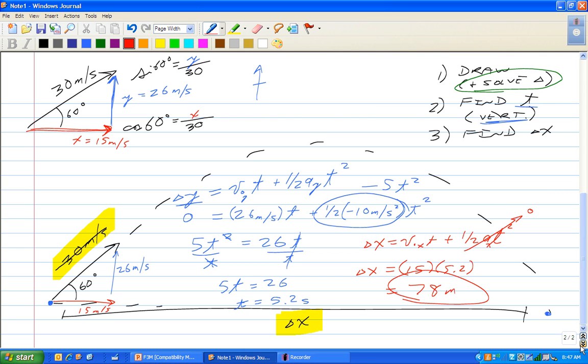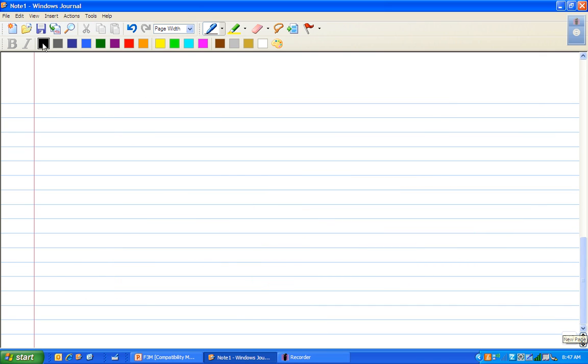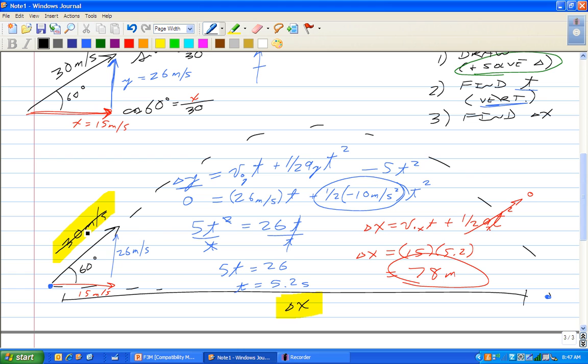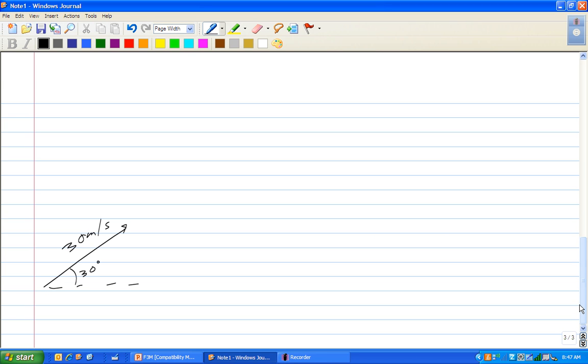All right, well, let's do this. Let's say it's launched 30 meters per second at a 30-degree angle. So we're going to use the same speed, but instead of launching at 60 degrees, we're going to launch it at 30 degrees. And before we do any math, I'm curious if it's going to land, let's see, alphabetical, closer, farther,